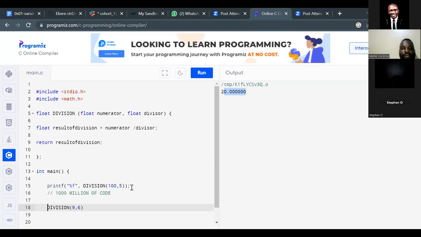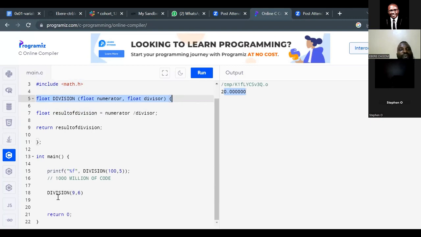It does not matter where. As long as we have defined this function in this code, we can use it at any point in this code, no matter how long the code. So you can see that instead of doing a manual division, we can just divide 100 by